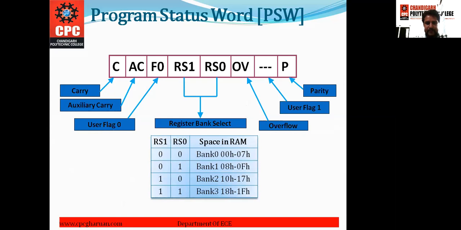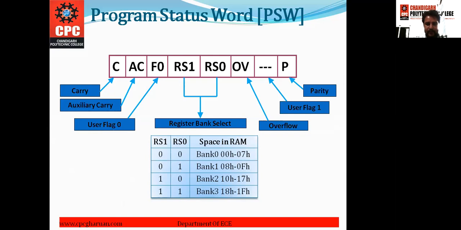If RS0 and RS1 are both 0, then bank 0, which has the memory location from 00H to 07H, will be selected as the register bank. If RS0 is equal to 1 and RS1 is equal to 0, then register bank 1 will be selected, which has the memory location from 08H to 0FH.